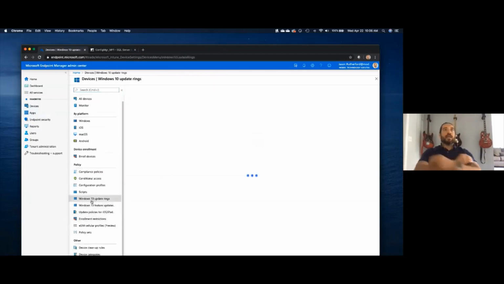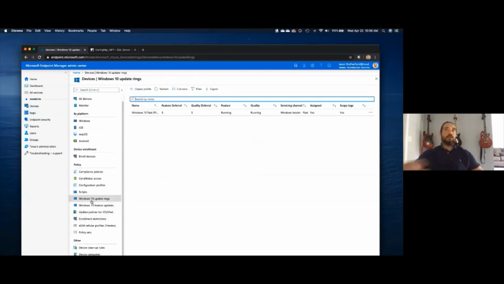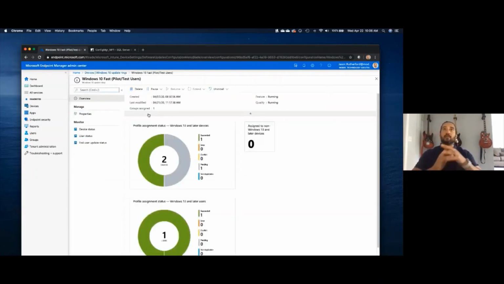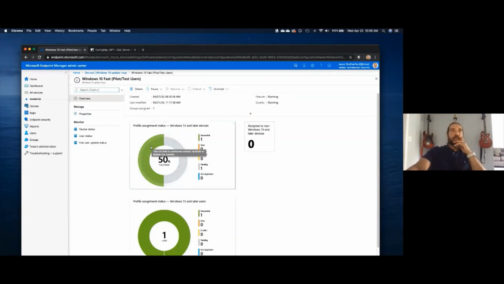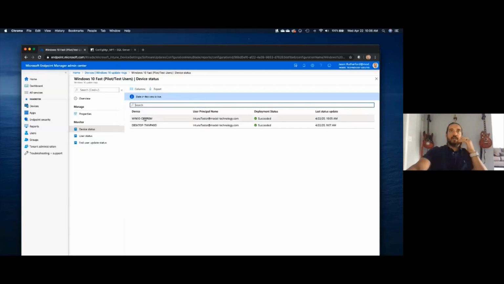So we have Windows 10 update rings and we have feature updates. If we take a look at the Windows 10 fast ring that I set up for this configuration, we can see 50% have succeeded. We can look at device status. Notice my Windows 10 on-prem succeeded. It pulled policy just a few minutes ago,